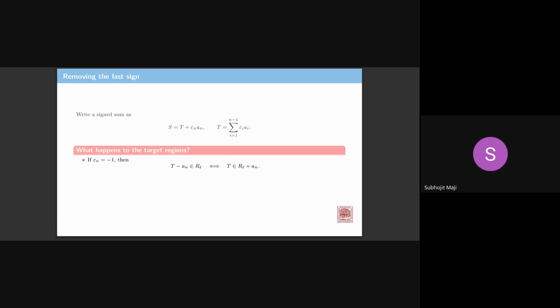So what happens to the target regions? The target region is something, as you know, that lies inside some R_l, right? This vector, that is t minus a_n, if epsilon_n is minus 1, then t minus a_n is in some R_l, and then if epsilon_n is plus 1,